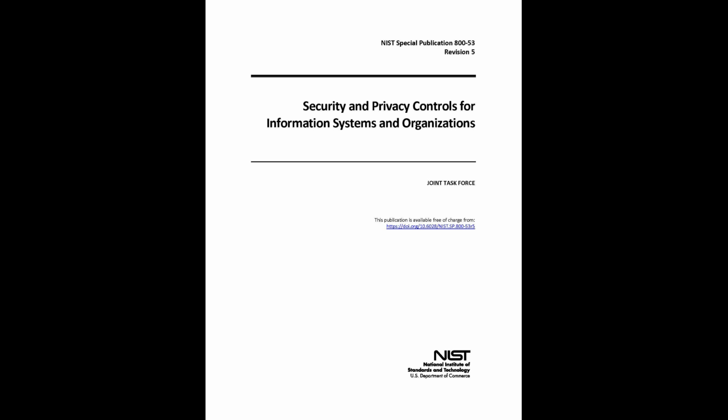The control requires identity-proofing individuals who require accounts for logical access to the system. This process must be performed based on appropriate identity assurance level, IAL, requirements defined in applicable standards and guidelines, like NIST Special Publication 800-63 for digital identity. The required steps include resolving user identities to a unique individual, making sure one person doesn't have multiple identities unless permitted, and collecting, validating, and verifying the identity evidence they provide, like checking government ID, matching biometrics, etc., depending on